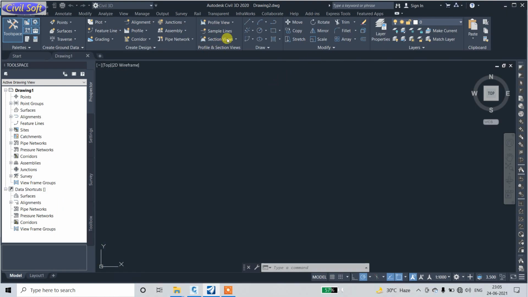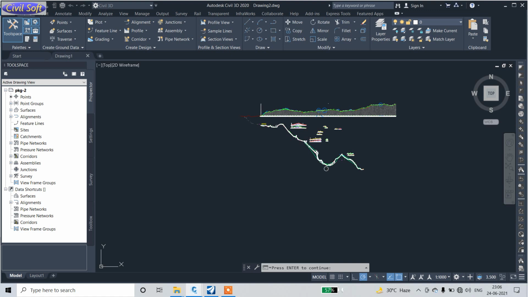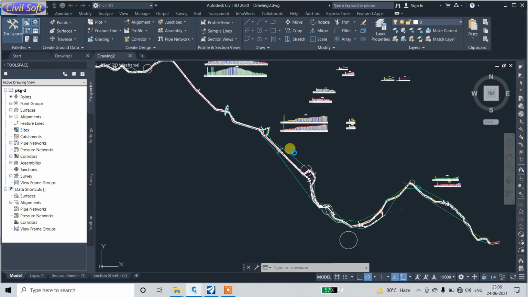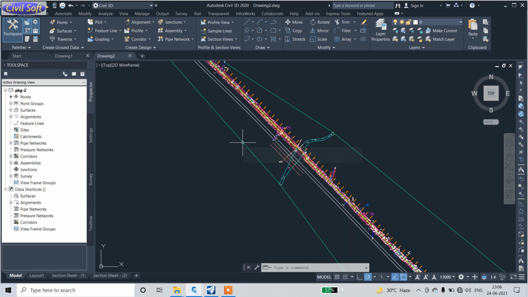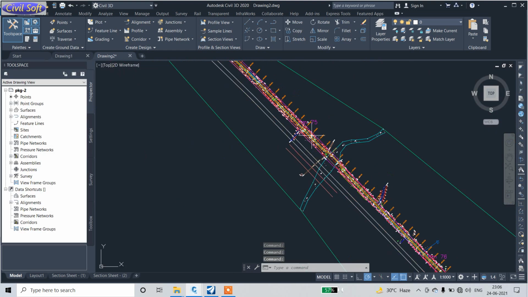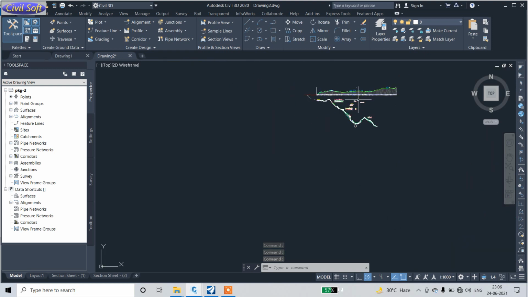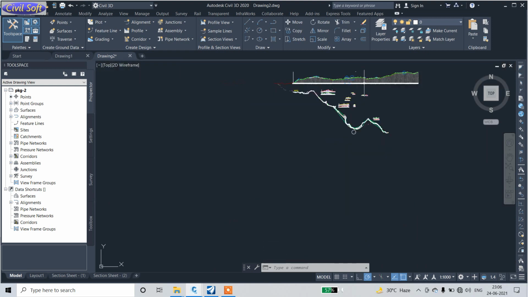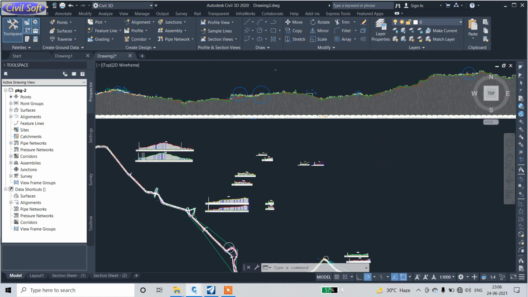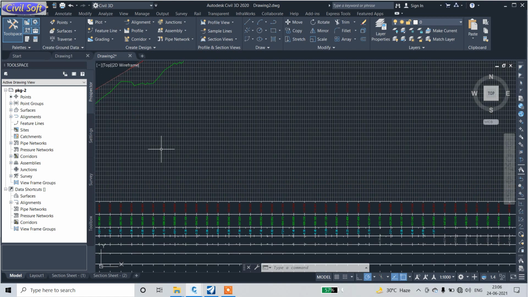First of all, I extract data from the Civil 3D existing file. This is my Civil 3D plan and profile. You can see here this is the plan and this one is the profile of the Civil 3D file.